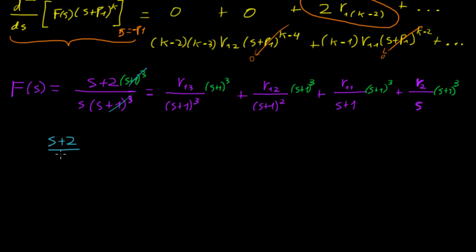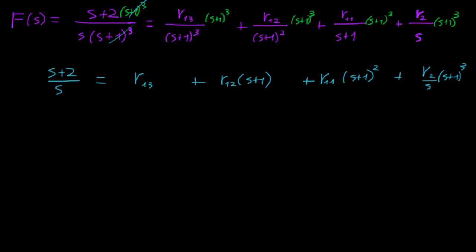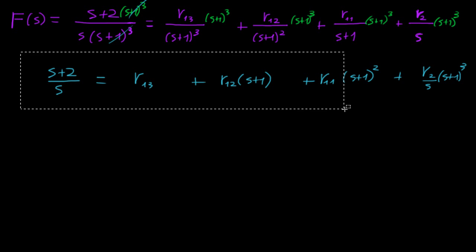So we have (s + 2) over s is equal to r13 plus r12 times (s + 1) plus r11 times (s + 1) squared plus r2 over s times (s + 1) cubed. So before making s equal to minus 1, let's save a copy of this,